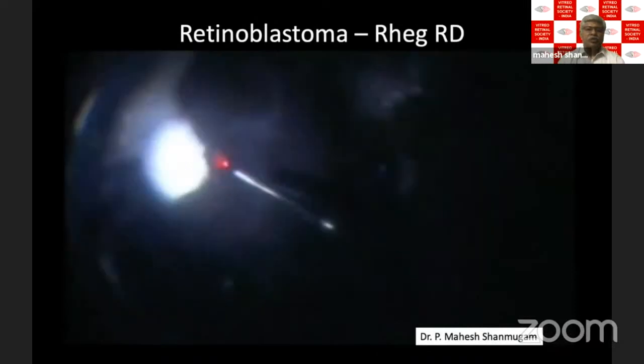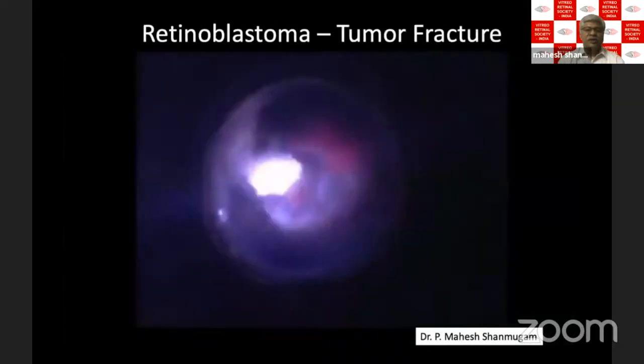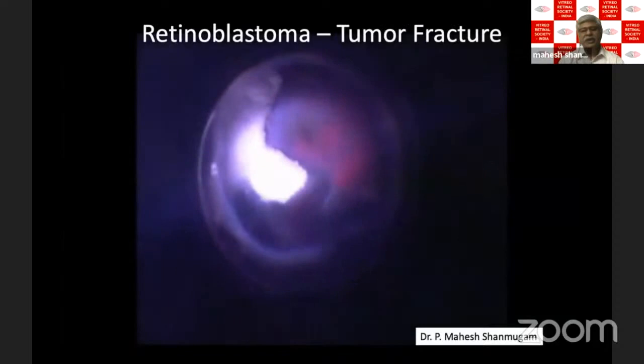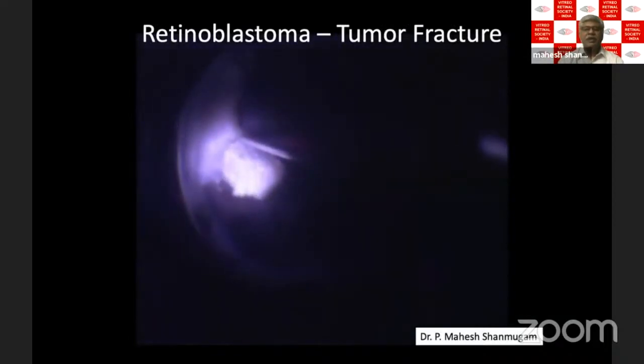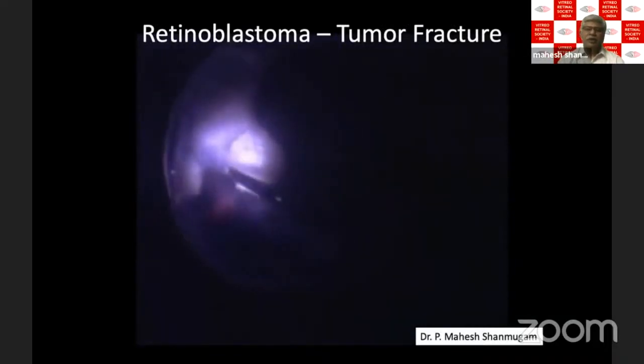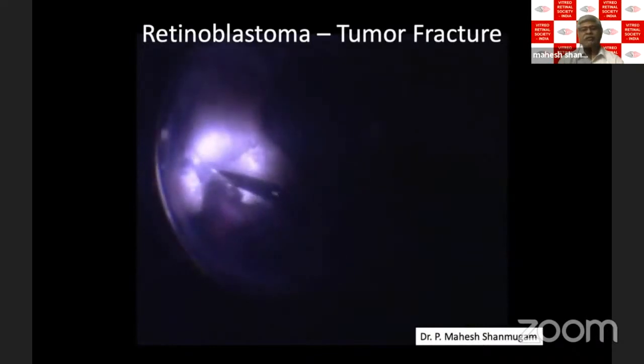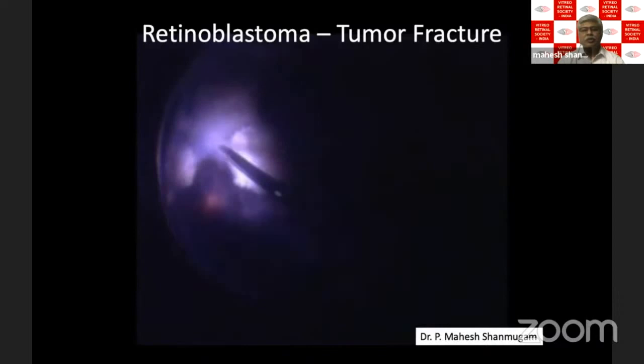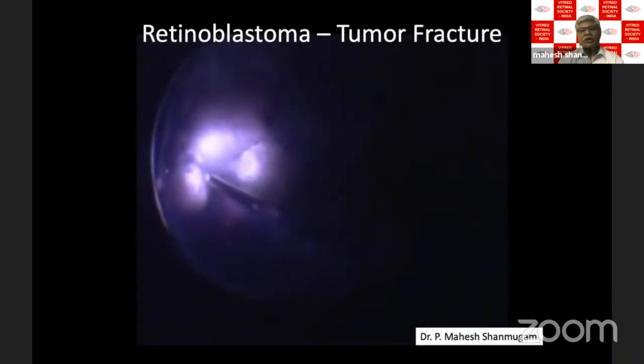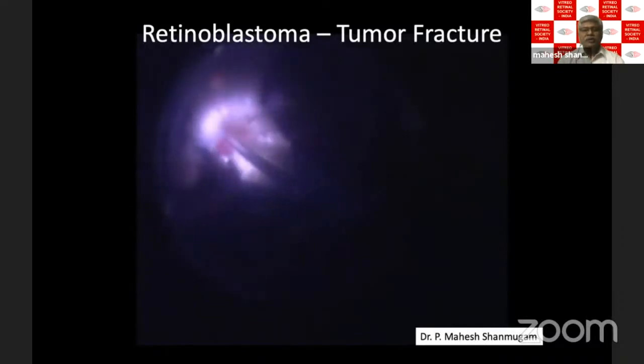But then what happened was the superior temporal arcade tumor, where I'm doing laser now, that is lifted up. And that kept the retina lifted up and the break lifted up. So I tried doing a macular buckle, it failed. Subsequently, I had to go back and literally cut this calcification away from the main tumor. This calcification extends into the macula, so I cannot do a retinectomy all around because it will go within the arcade and also close to the disc. So I very gently cut this calcification.